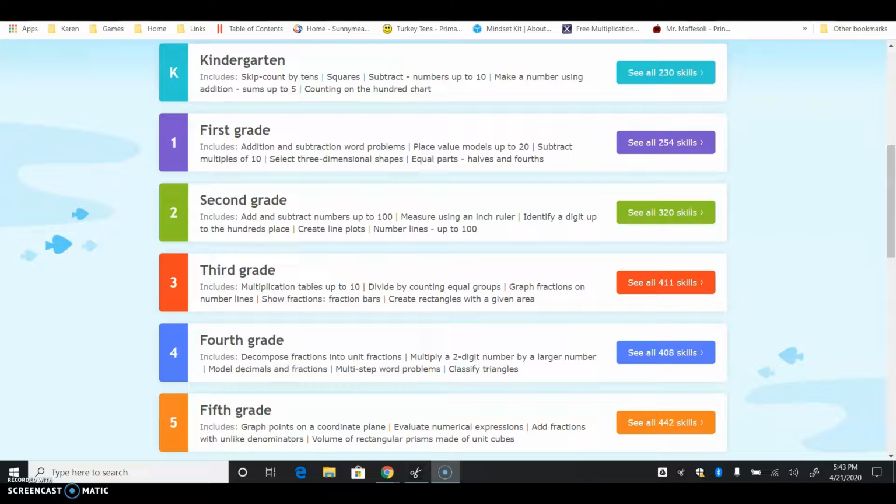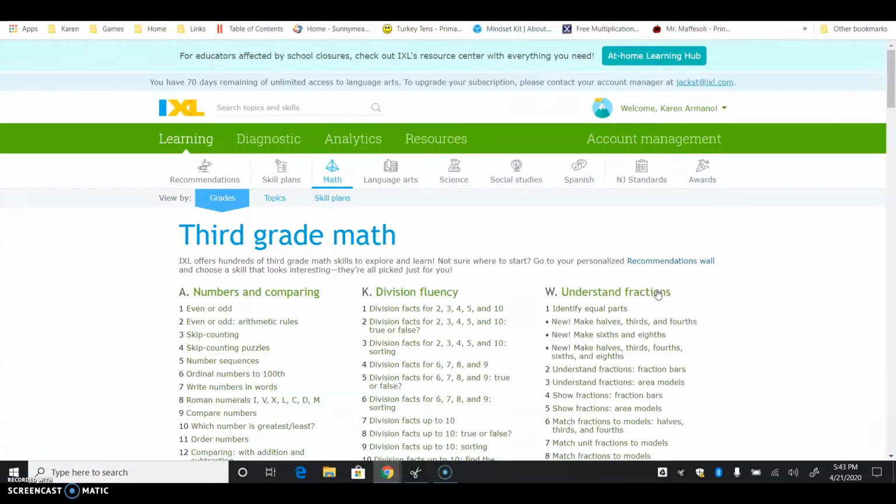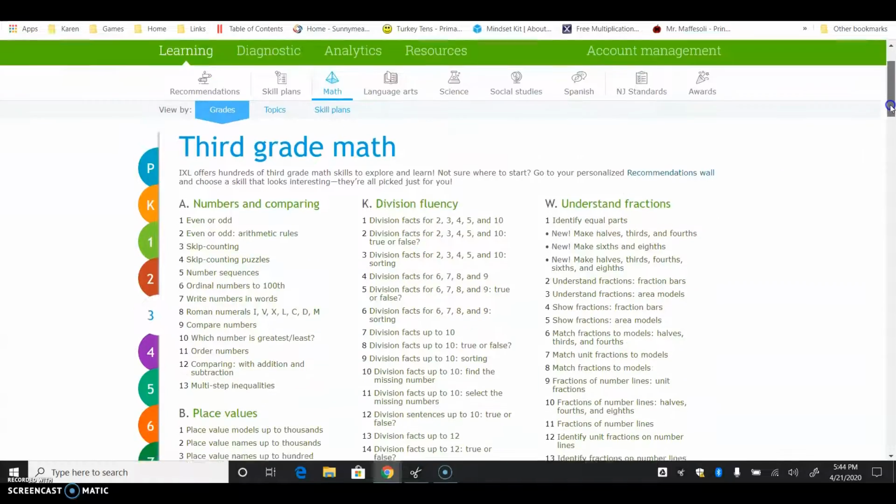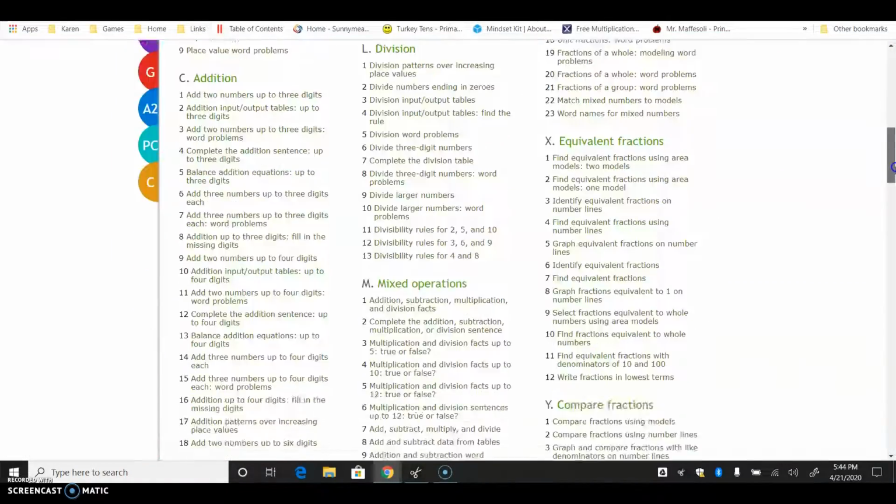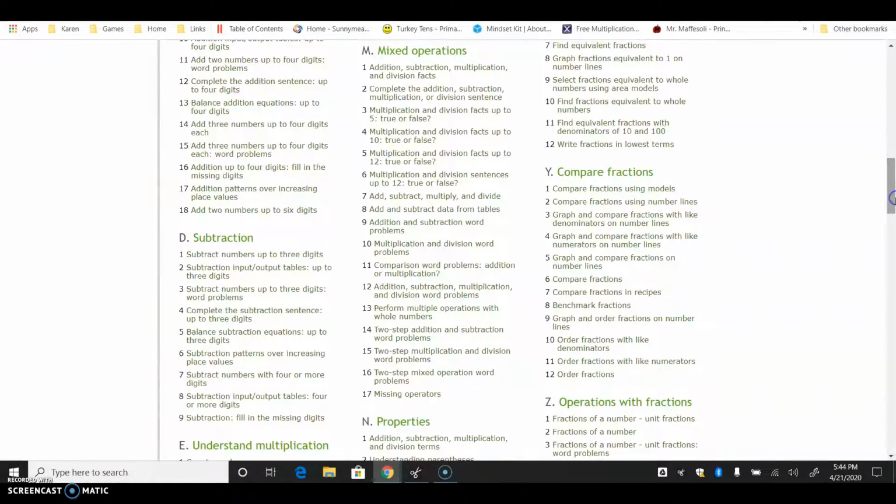To post an IXL assignment directly into your Google Classroom, just follow these quick and easy steps. First, you go into your grade level skills, and then you will see the list of all of the skills. You select the skill that you would like. So if I select one here,